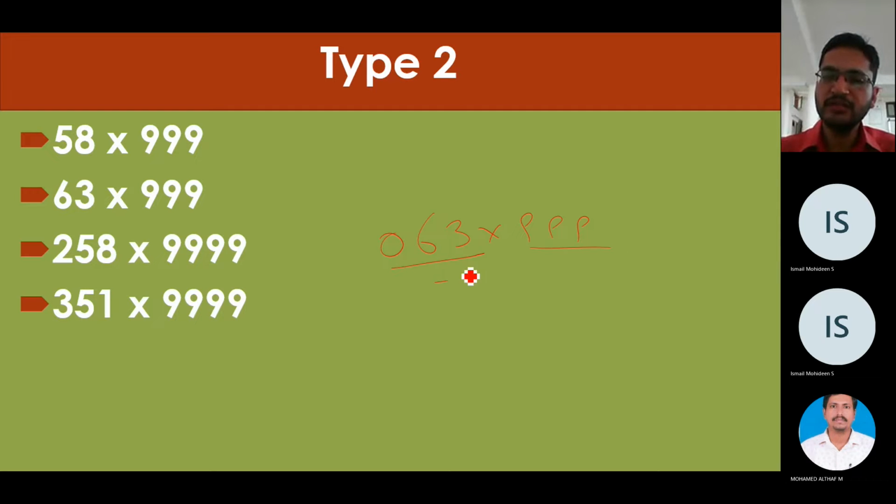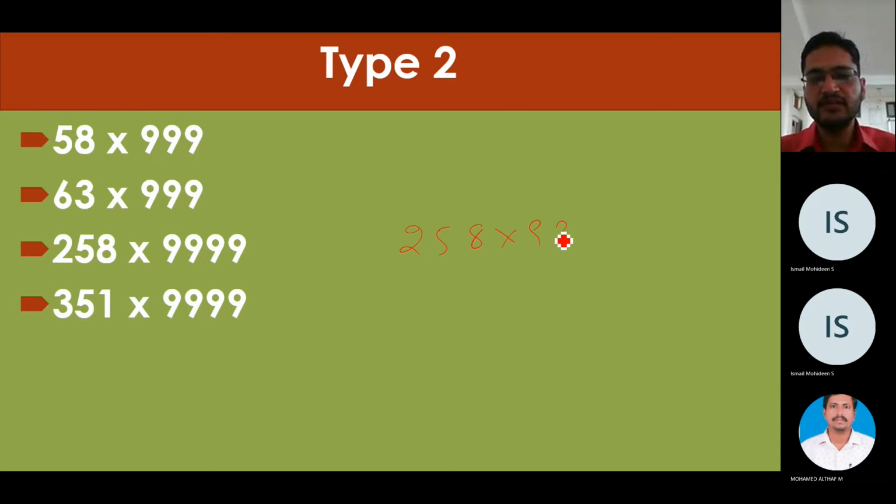Now I will subtract 1 from this number, it is 062. Now I will find its complement. It will be 937. So the answer is 062937. Next example,